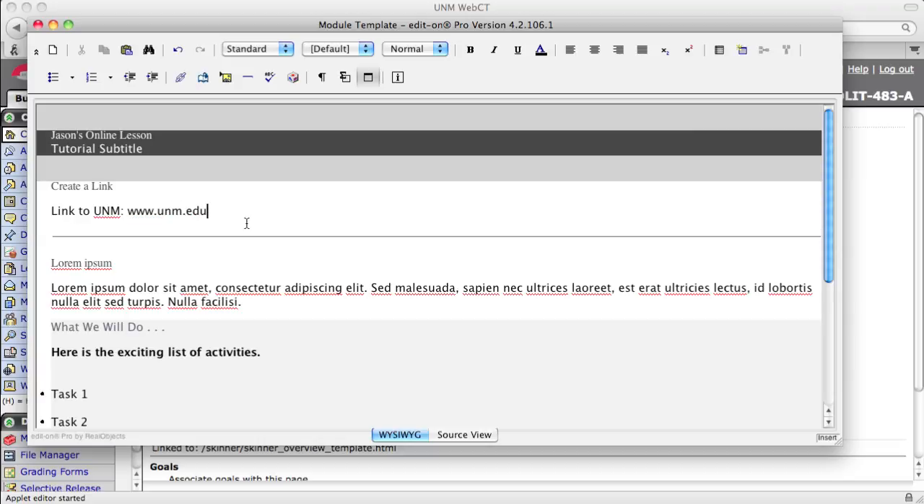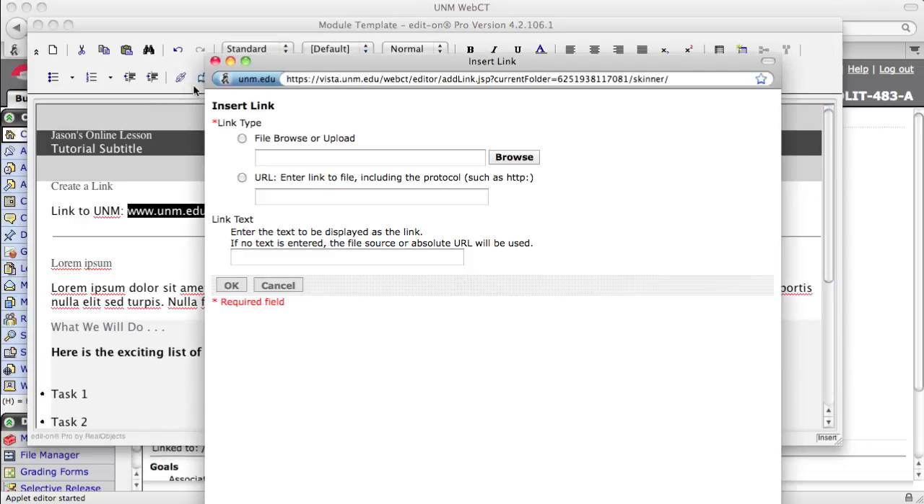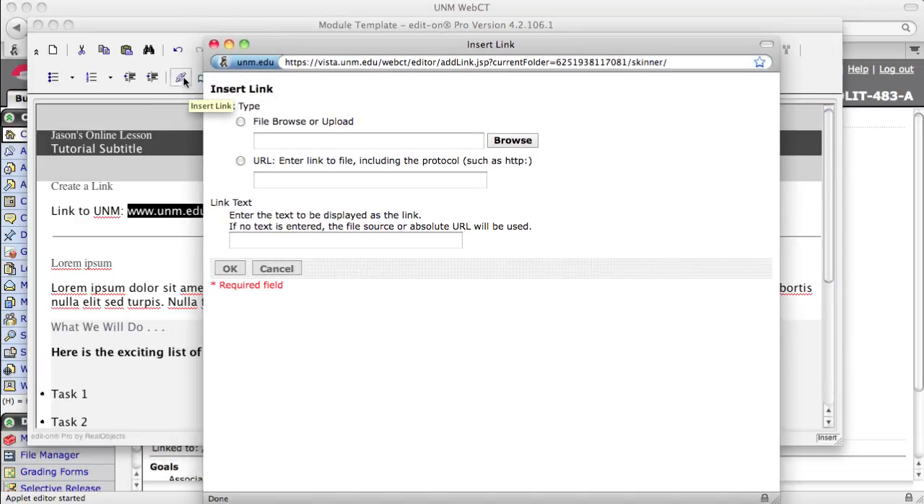Okay, once you have some text and you're ready to insert your link, you select the area that you would like to have a link on, and you click this link button here. Looks like a little link. When you roll over it, it says Insert Link. We can link to a file, and we'll talk about that later when we add files. But you can also add a URL to an external web address. You have to type in the whole URL,